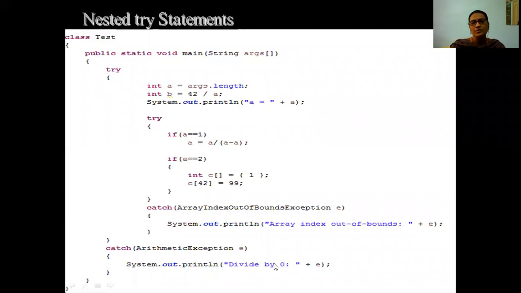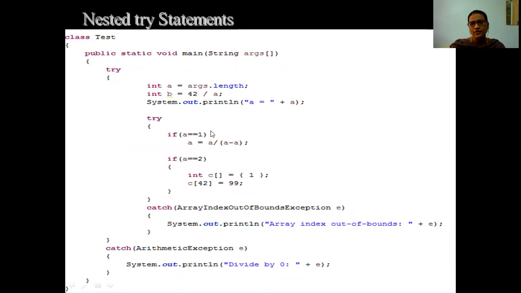So the remaining statements in the nested try block will not be carried out. It will come out of that and execute the outer catch block, that is having the arithmetic exception. And if we have passed two arguments to this program, then a value becomes 2.